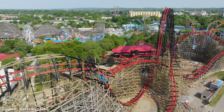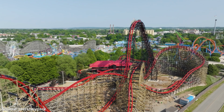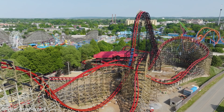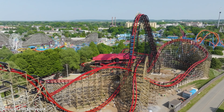Of course, that lift hill is going to give you some awesome views. It's a pretty tall ride, 140 feet. You're going to get great views of the entirety of Hersheypark if you turn your head at least, and you're going to get to see the rest of the Hershey town before you plummet down that massive drop. I think this drop is going to be great. It's not necessarily the steepest RMC drop we've ever seen. However, I think you're going to get some really good pull and ejector airtime going down this drop, especially in